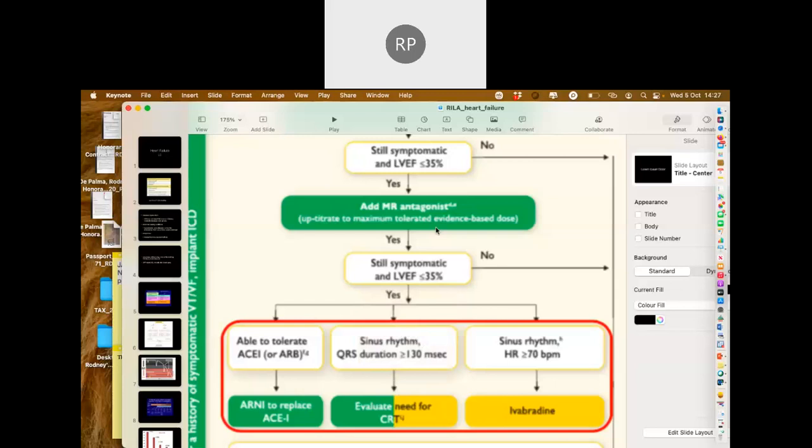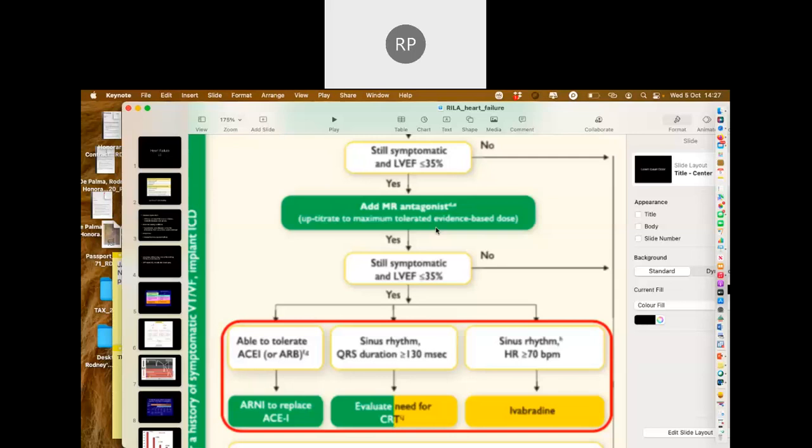The Entresto came out on top. Now, the second pillar would be any drug that can affect the sympathetic system. So this will be beta blockers. There are many that have been trialed. The commonest one that's used nowadays is bisoprolol, but you can use carvedilol and metoprolol. Those are the other ones that have been trialed substantially. The next pillar would be a mineralocorticoid receptor antagonist. That's either spironolactone or eplerenone. And then the 4th pillar, which is relatively recent, is an